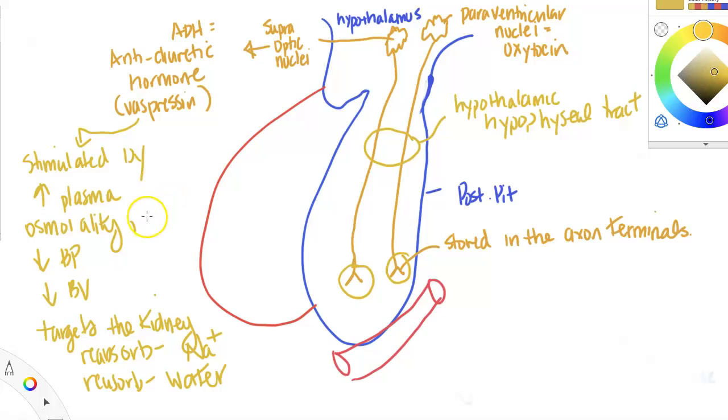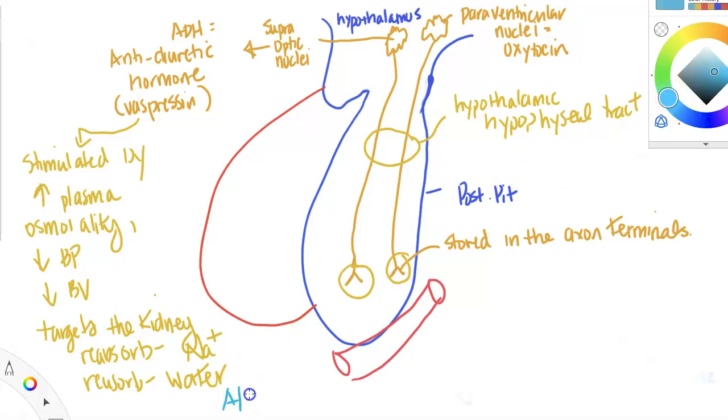So it is inhibited when blood pressure is up or when blood volume is up, when osmolality is down. So if we have high blood pressure, then the kidneys will dump sodium, water will follow, so it will dump water, and blood volume will go down and pressure will go down. One thing that does inhibit ADH is